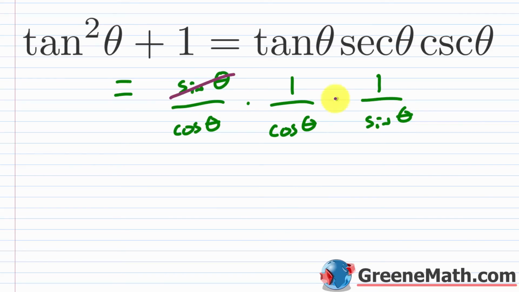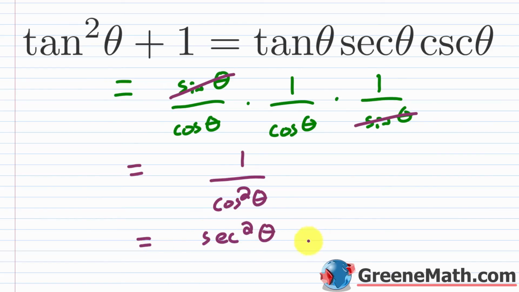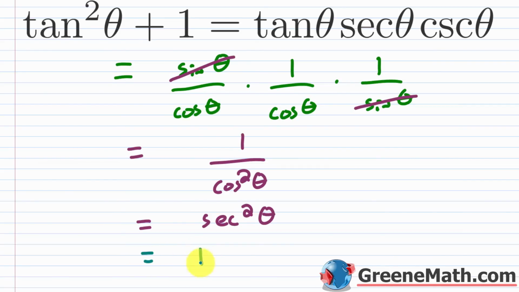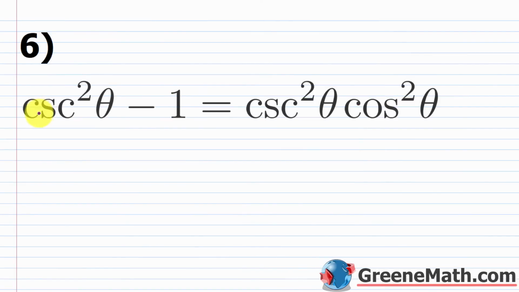So I know that this will cancel with this. And what I have here is 1 over cosine squared theta. Now, 1 over cosine squared theta can be replaced with the secant squared theta. And we know that secant squared theta is equal to tangent squared theta plus 1. Coming back to the Pythagorean identities, you have tangent squared theta plus 1 is equal to secant squared theta. So I'll just replace this with tangent squared theta plus 1, and I'll put a little check mark to show that I'm done. All right, for problem 6, we have cosecant squared theta minus 1 is equal to cosecant squared